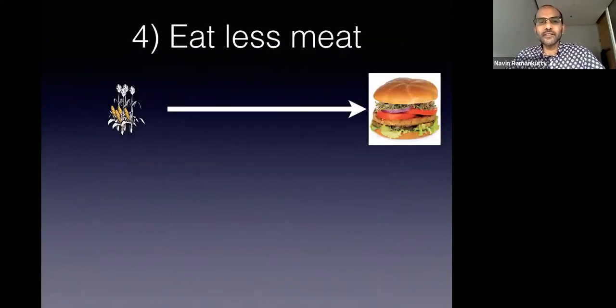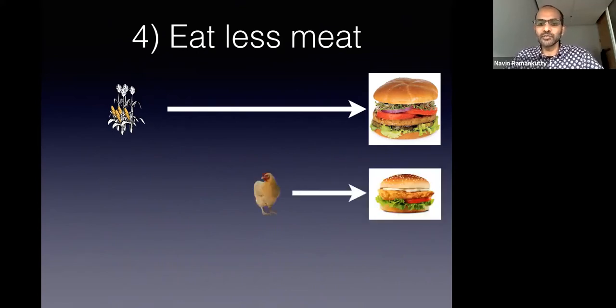And then increasingly, scientists have been talking about the need to eat less meat. And why is that? So here's an example to show you why that's important. Let's say you're eating a veggie burger. That's the top right image. And you need some grain to grow that veggie burger, okay? But instead, if you ate a chicken burger, well, okay, you need some chicken to make that burger, but